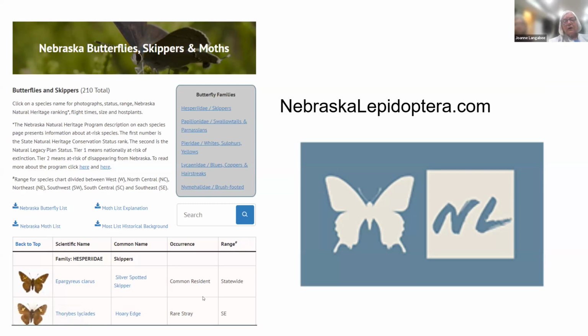And then when you click on like the silver spotted skipper, you'll go to it and it will give you a lot more information. And one of the nice things about it, it has a map of Nebraska and it tells you the counties that the butterflies have been seen in.